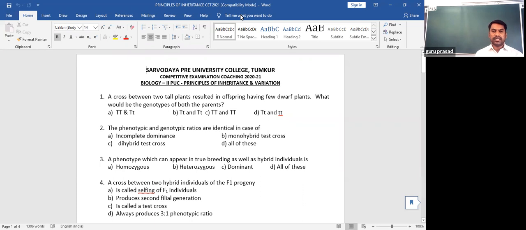Looking at option A, capital T capital T is the genotype for the pure, homozygous tall condition, what we call a pure line. And capital T small t is also tall, but heterozygous, as one is capital T and the other is small t, so the character is represented by two dissimilar genes. Of course, we can consider that as one of the parents for both tall, but we need the answer here.